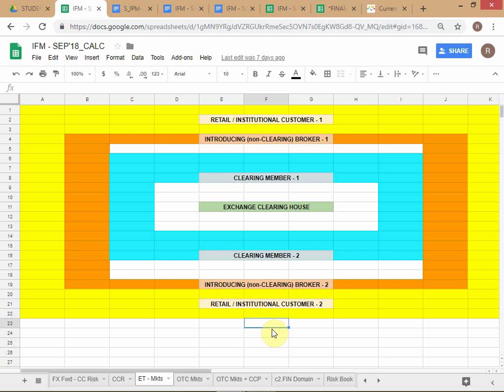So Sher Khan has sold a crude oil contract for Z, meaning December 2018. Let's assume it is going to mature on 31st December, just for the sake of argument. In practice, it will be somewhere in November, but let's take this as an example. The price is $70. Let's say they transacted in the morning, the first trade of the day, and they have sold crude oil at $70.